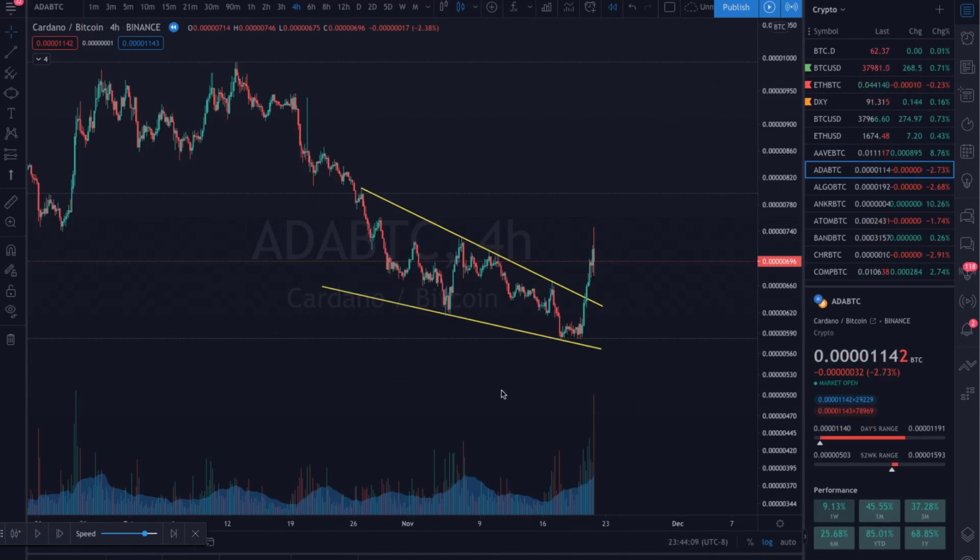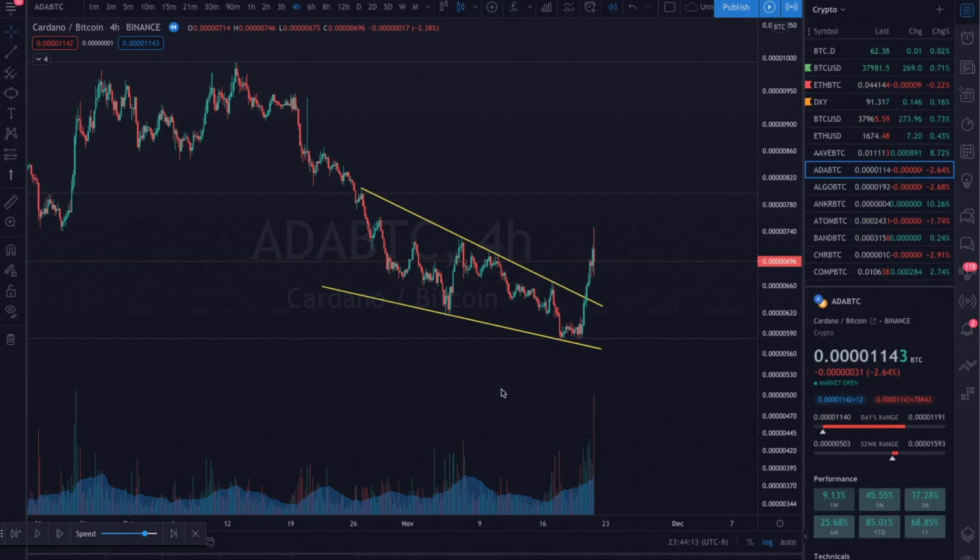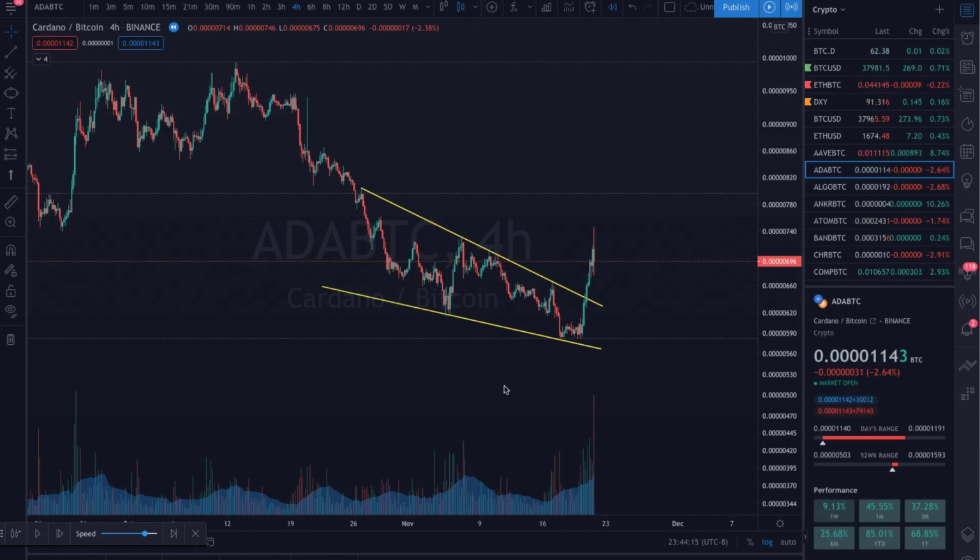Traders should use trend lines to connect the lower highs and lower lows to make this pattern easier to spot. A break and candle body close above the resistance trend line would signal the entry into the market. A stop loss can be placed below the recent swing low, while the target can be placed according to the